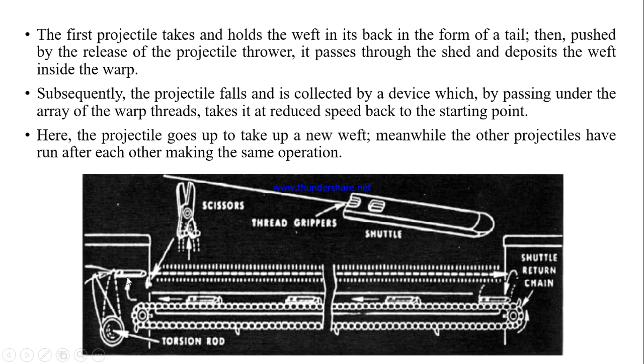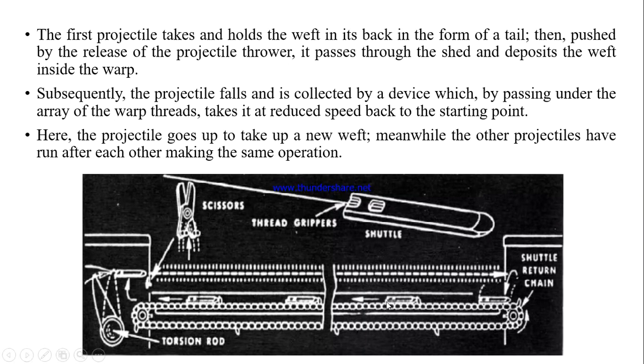Here this is the position of the projectile and this is the torsion rod. Torsion rod is responsible for picking of the projectile. I shall discuss later. And this is the picking arm and here the picking shoe will be there. When the picking shoe will hit, the projectile will travel across the shed, across the width of the loom, and then the projectile will reach here at either side of the loom. Okay, so after that the same projectile should be brought again to this picking position.